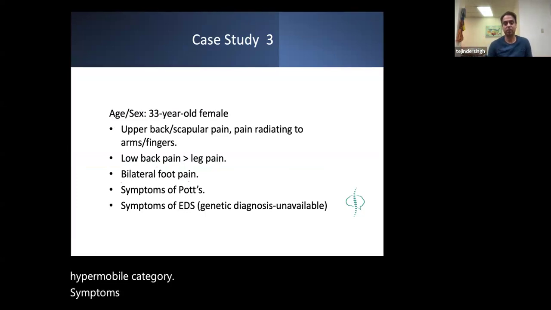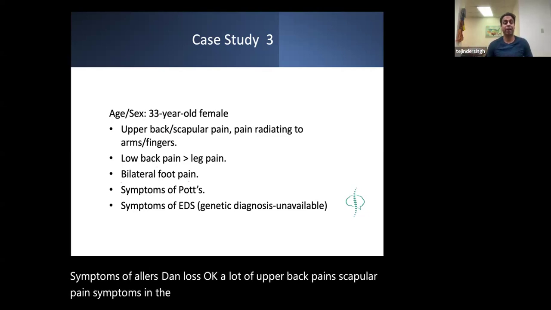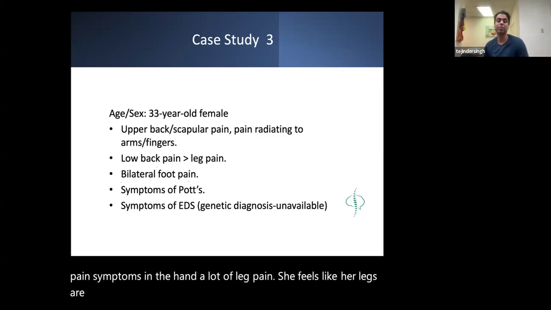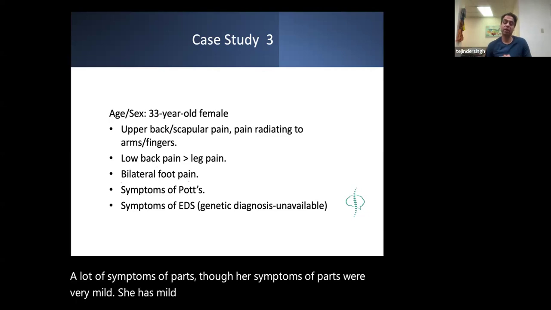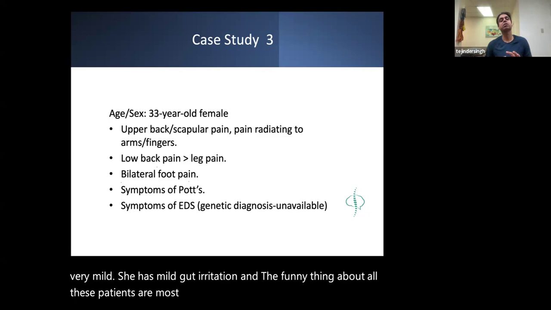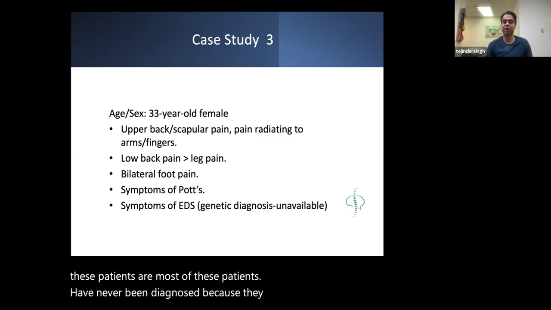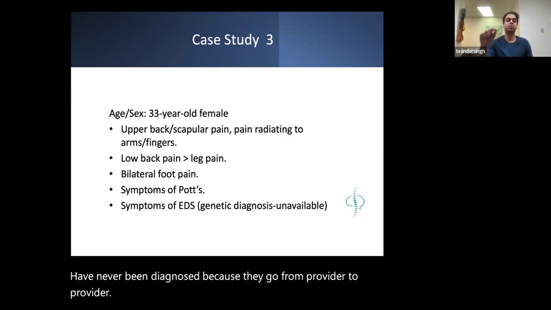Symptoms of Ehlers-Danlos: a lot of upper back pain, scapular pain, symptoms in the hand, a lot of leg pain. She feels like her legs are heavy. Bilateral foot pain, a lot of symptoms of POTS, though her symptoms of POTS were very mild, she has like mild gut irritation. And the funny thing about all these patients is, most of these patients have never been diagnosed because they go from provider to provider,